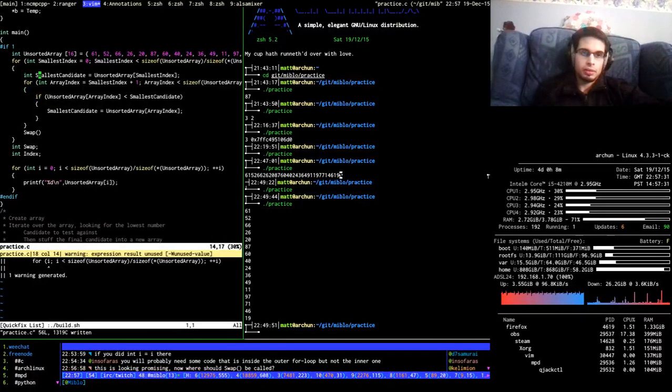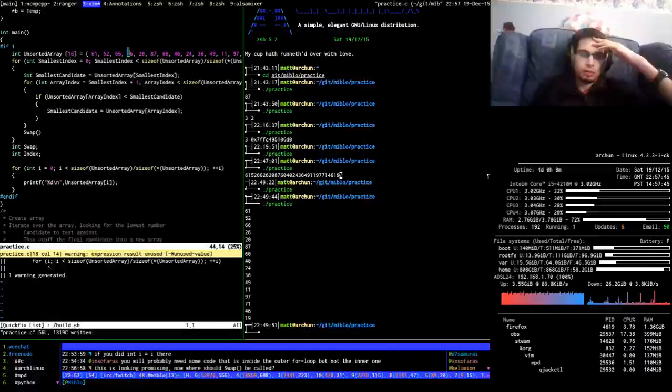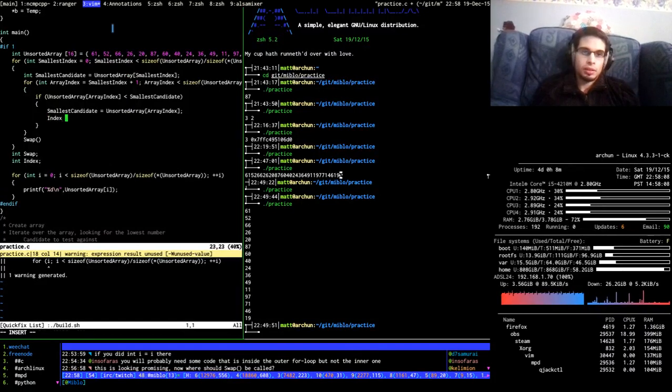Let me just think this through. So smallest candidate is equal to that. If one of these values here is lower than the smallest candidate, the smallest candidate is going to be equal to that. Get to the end. And then what we need to do is we need to swap. Oh shit. We need to also say index is equal to